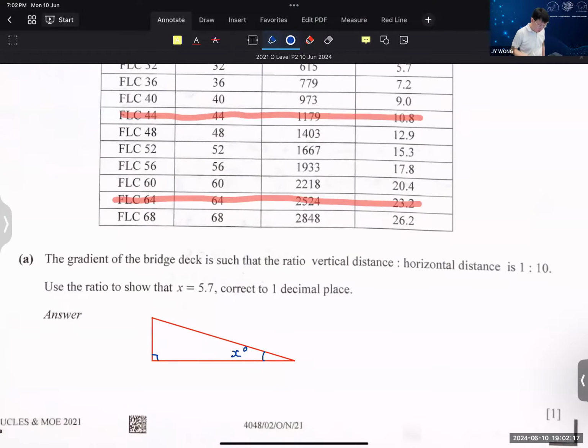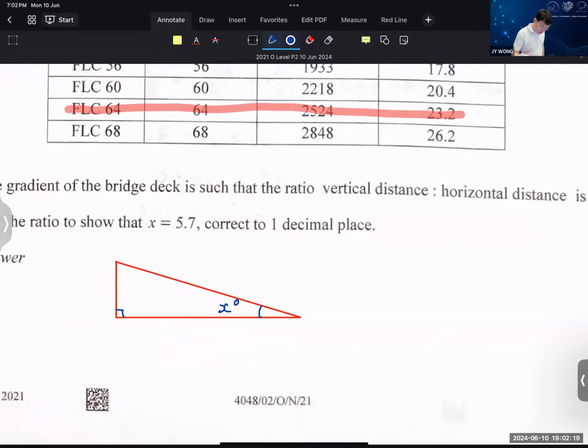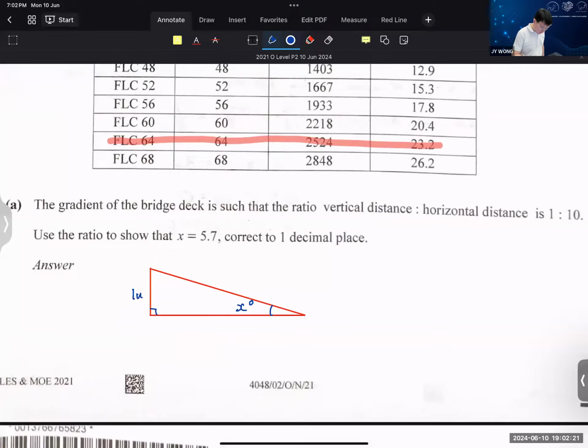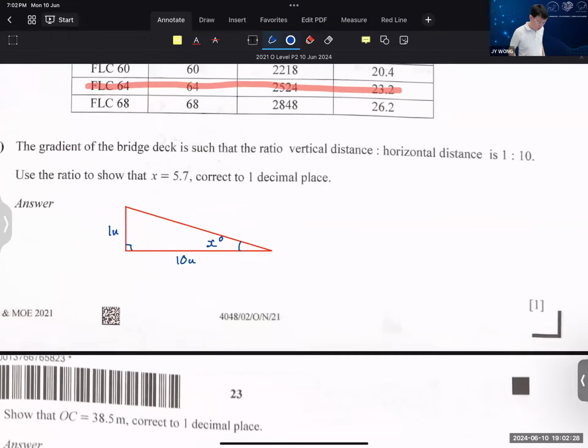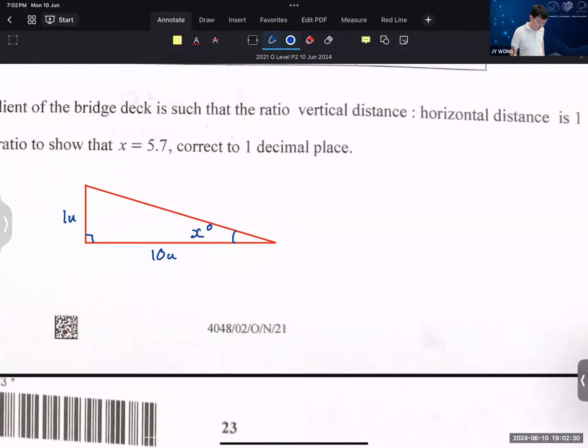Okay. The vertical distance is where? Here. So this is 1 unit. This is 10 units. That's what they're trying to tell you. So the free 1 mark you should get. So you have what? Opposite, adjacent, so tangent. So tangent x degrees is equal to opposite over adjacent. And therefore x is equal to tangent inverse 1 out of 10 to give you